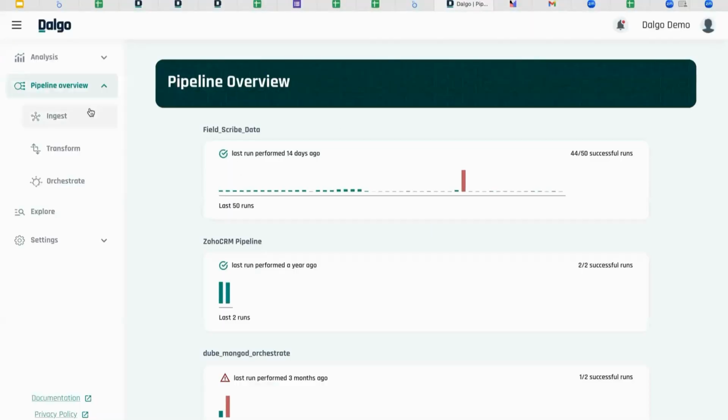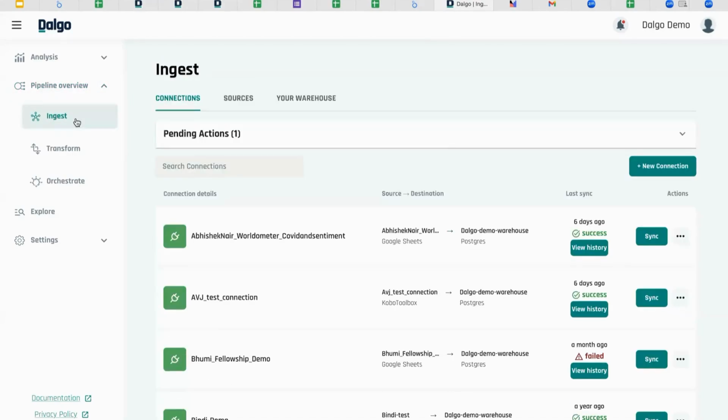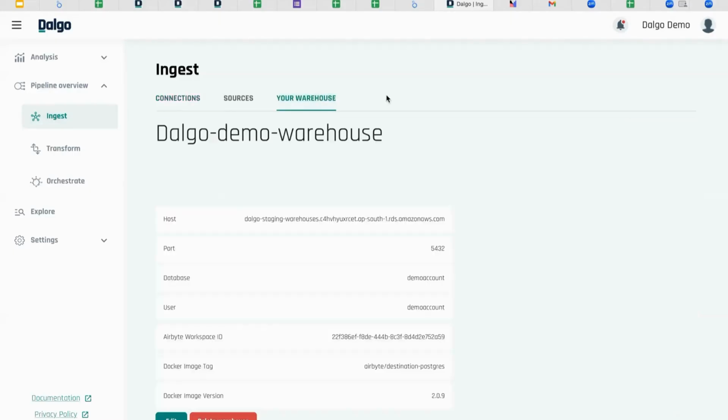So this is our platform. I'll not go much into detail, but take you through this pipeline overview thing. So pipeline हमारा basically data की pipeline है, आने से लेकर दिखाने तक। So it is from the source to the destination, कैसे वो डेटा इसमें आता है और कैसे ट्रांसफॉर्म होता है, मॉडल्स बनते हैं, और हमें कैसे वो विजुअलाइज होने को मिलता है।